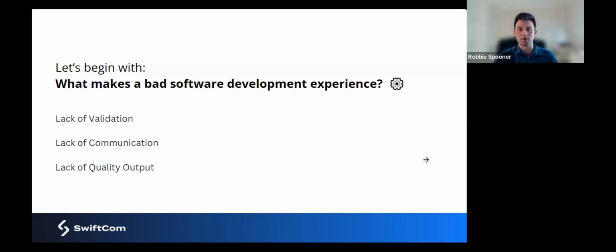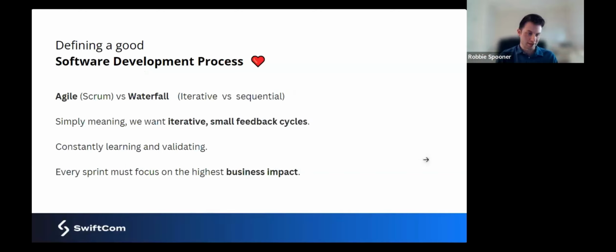The process is the problem, and the process should inherently be fixing everything else that could go wrong. What is a good process? Agile, Scrum, Waterfall. I think these are terms that are thrown around a lot, could even say used and abused